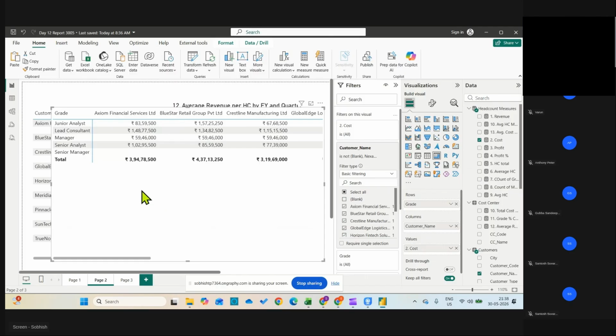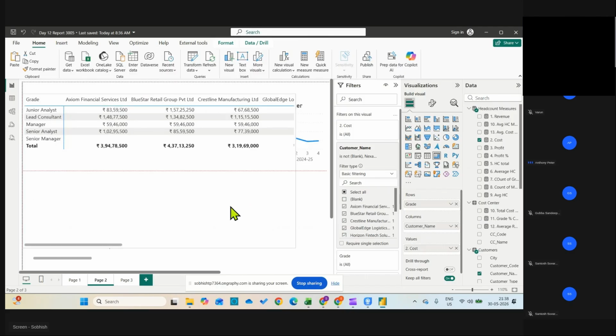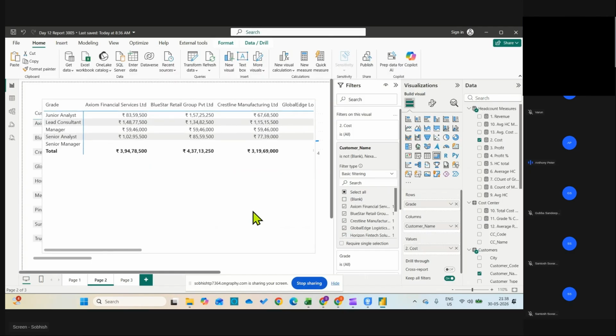Any thoughts? I want to divide 83,000 by 394, right? If I want to calculate the percentage. Yeah. No idea. So remember, we talked about removing the filter, because what is happening here is, when I bring